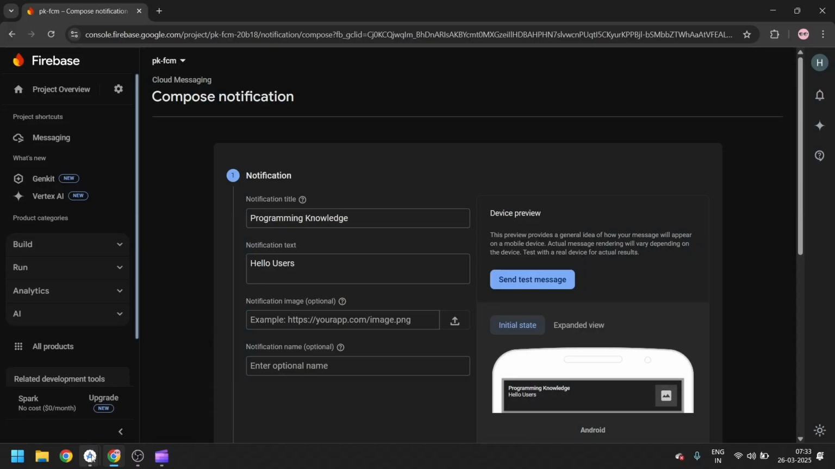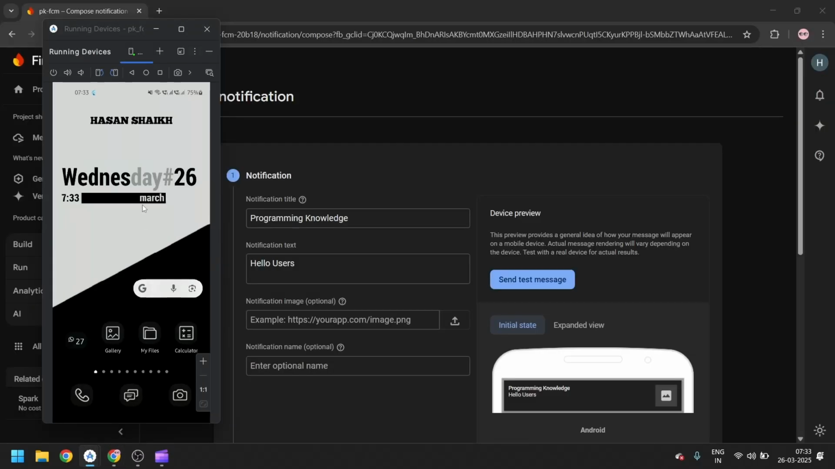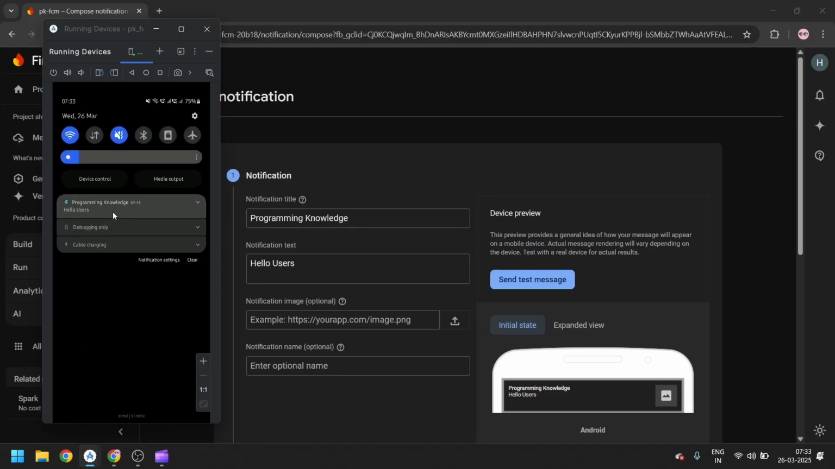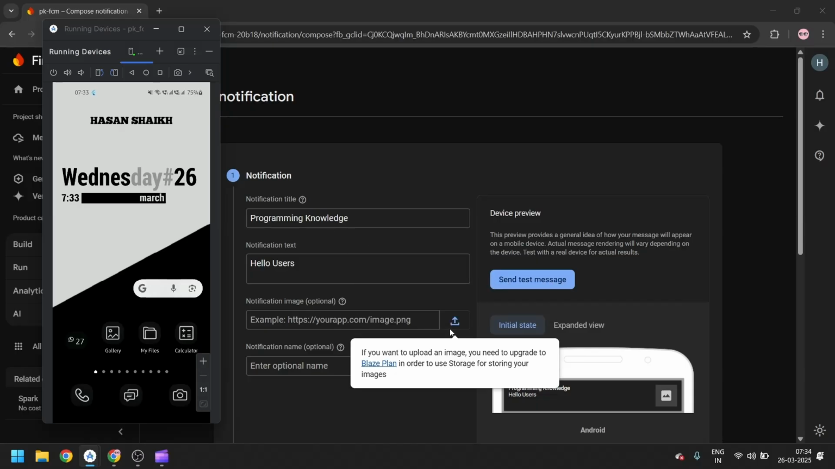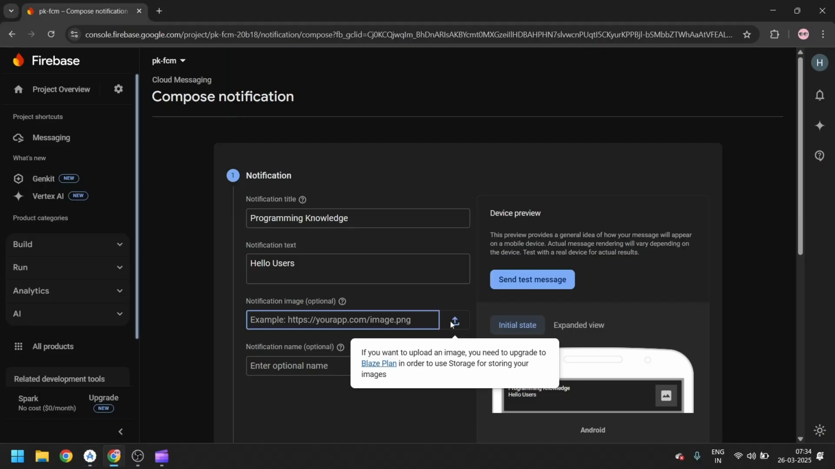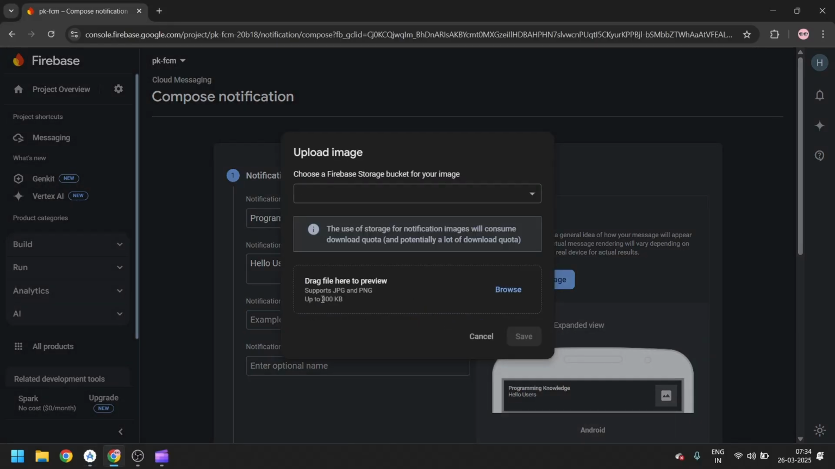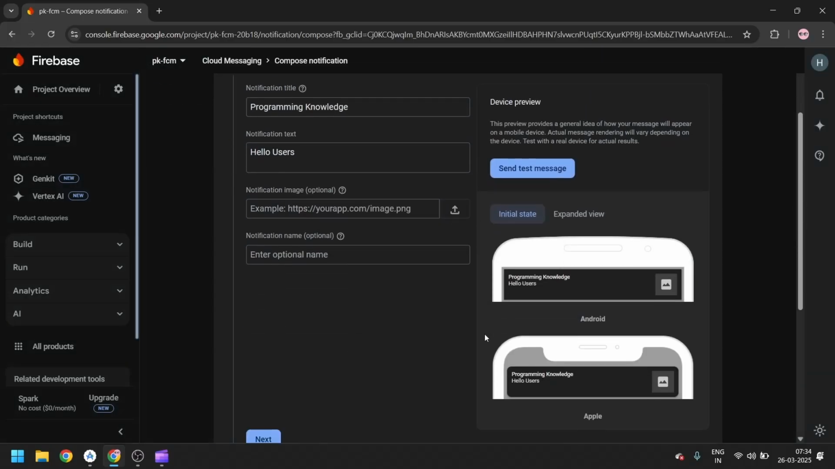Then go to the running emulator. And now you can see the message, the Flutter notification is sent from the server side. If you want, you may click and open the application. Now you can also add an image if you want. So as you can see, there is some. So now what you can do, you can use an image whose size is up to 300 KB, and you can